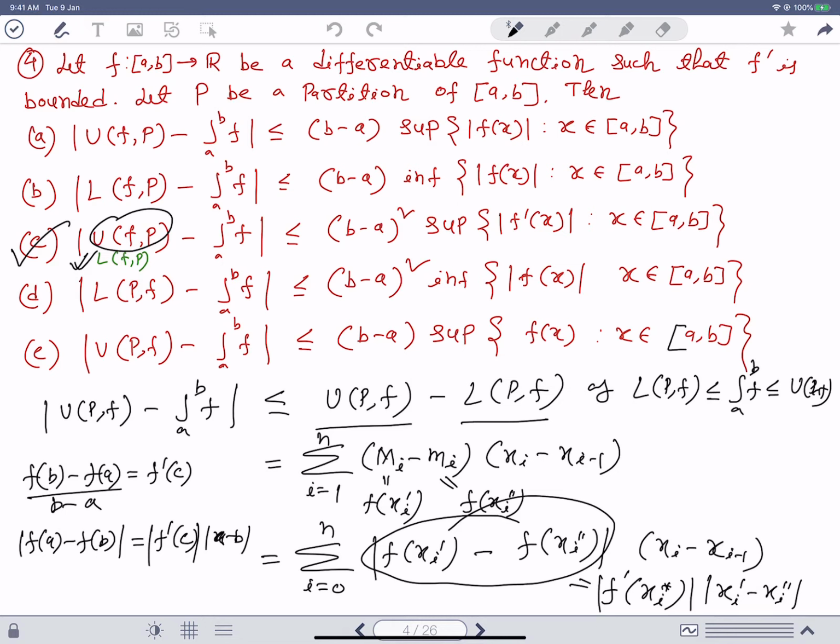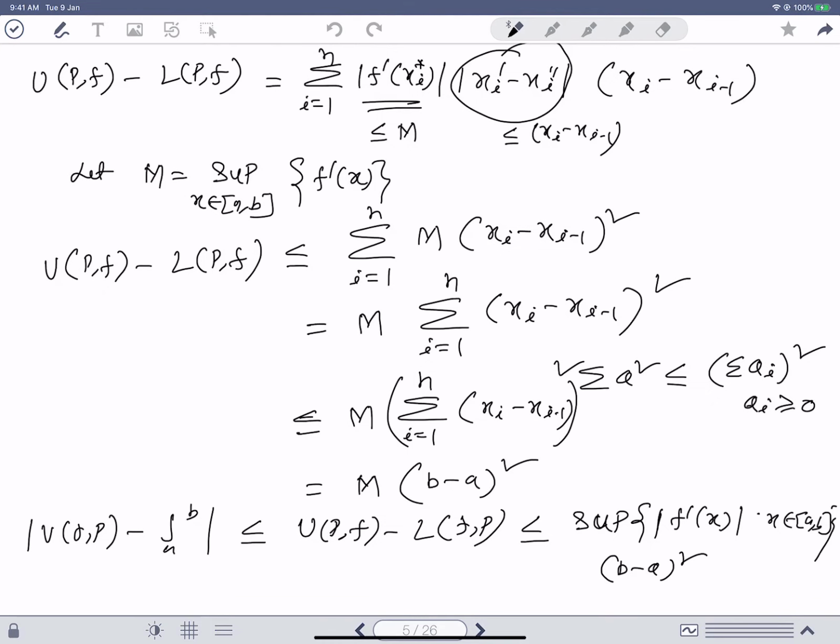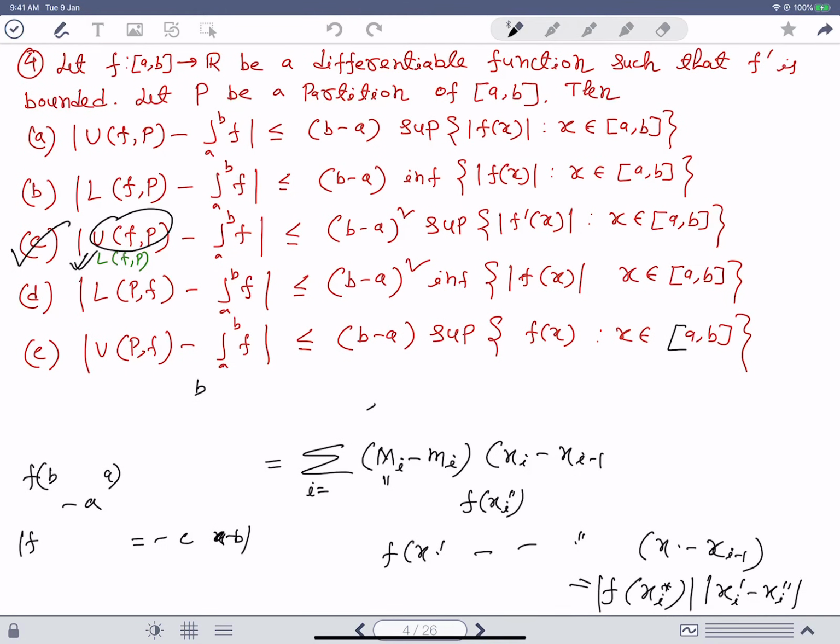Now, this is one answer. Now, what about the other parts? A, B, D, E? Sir, A may be correct. Exactly, this is actually correct, A. Now, this one, it is very easy to see in terms of a picture,